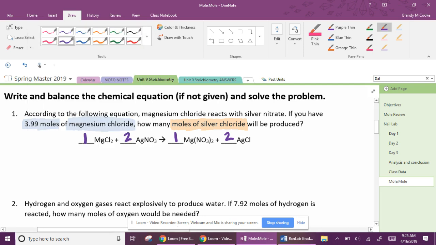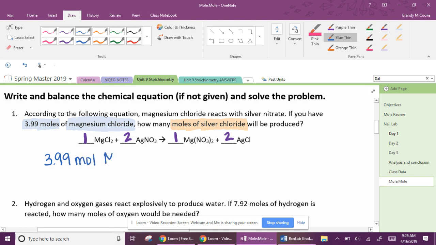So I'm going to start the same way I always do. You'll notice that our first 5 steps is all the same exact thing we've always done. I'm not going to do anything new until I get to that mole bridge step where I have to find those coefficients. So to start, I have 3.99 moles